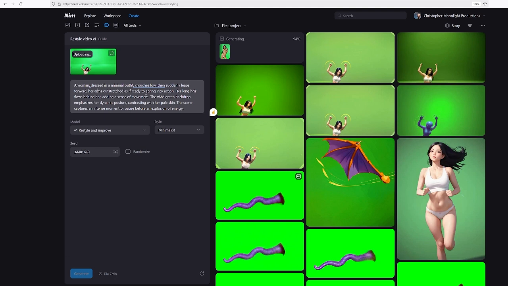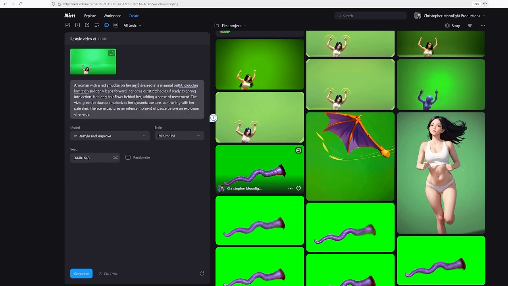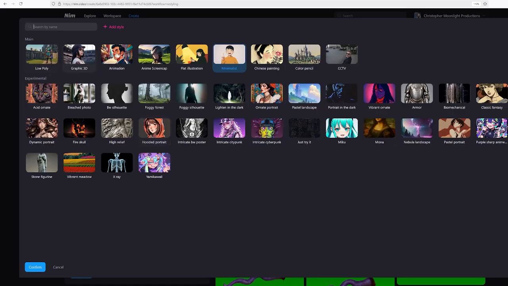Leaps forward, arms outstretched, is ready to spring into action. That's fine. Her long hair flows behind her. That's fine. Adding a sense of movement. You grab and emphasize her posture. Let's see. I'm just going to add a red smudge on her arm because she does have blood on her arm in this scene. So there's different styles that you can style into, and they can definitely get you all sorts